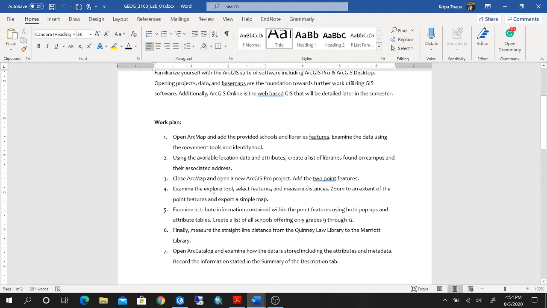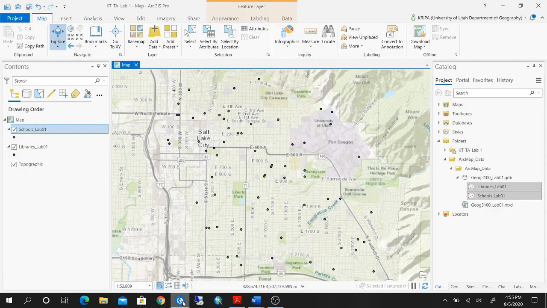So we've examined the Explore tool, and now we need to examine Select Features, zoom to an extent, and export a simple map. So let's examine Select Features, right here. Okay, let's see what's inside the campus. I've selected five of these. So what we can do is